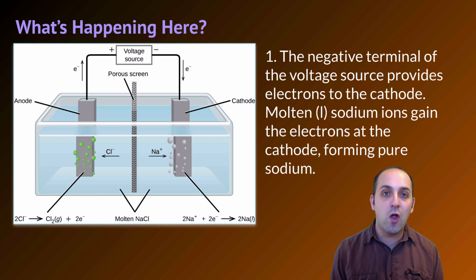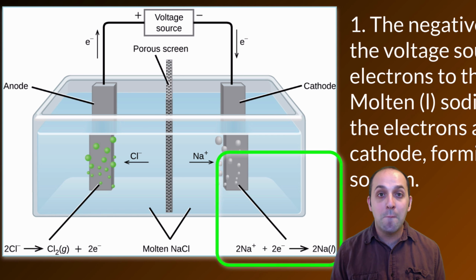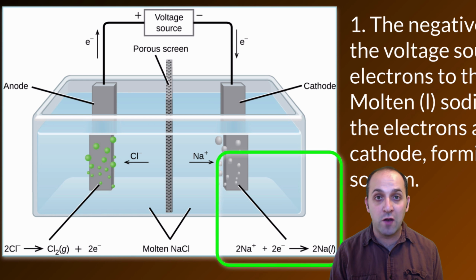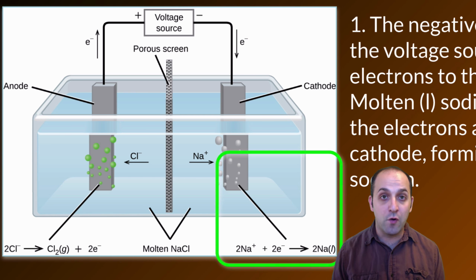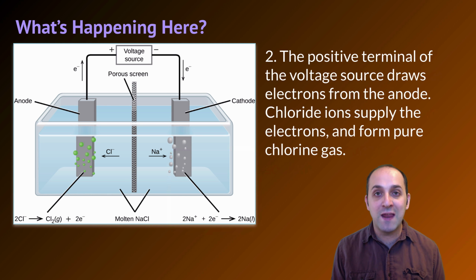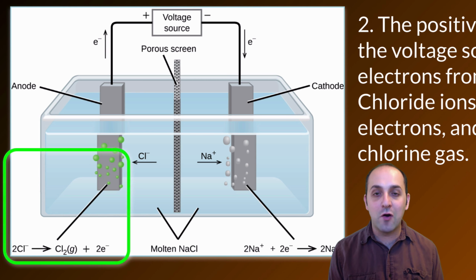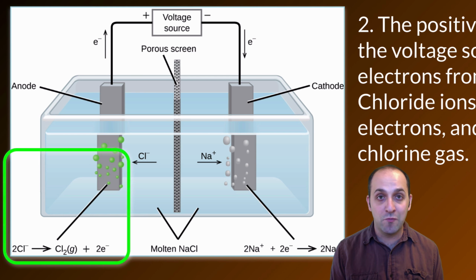The negative terminal of our power source provides electrons to the cathode. As electrons arrive at the cathode, molten sodium ions gain those electrons and form liquid sodium atoms with a neutral charge, forming pure elemental sodium. The positive terminal of the power source is connected to the anode, and electrons are drawn from the anode into that positive terminal. As that happens, chloride ions are oxidized into chlorine atoms and form Cl2 gas molecules,